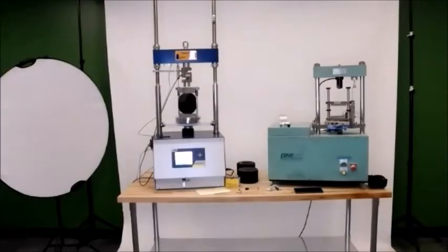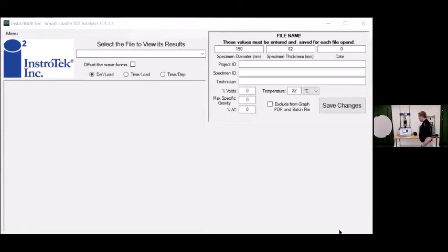So this would be what you would see when you open up the software on your computer. Basically you would come to this section right here. Can everybody see my screen, Tom? All right, yeah, we can see it, Anthony. All right, perfect. So basically you would come to this screen, you would then select the file from your USB,